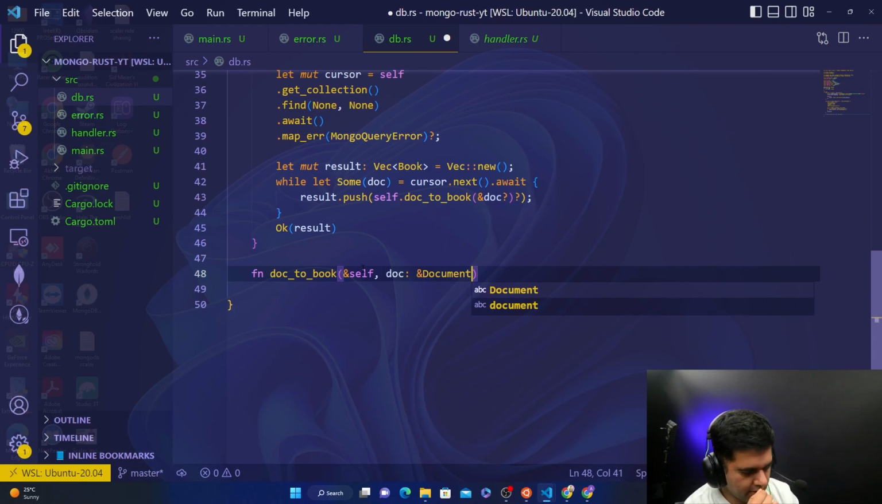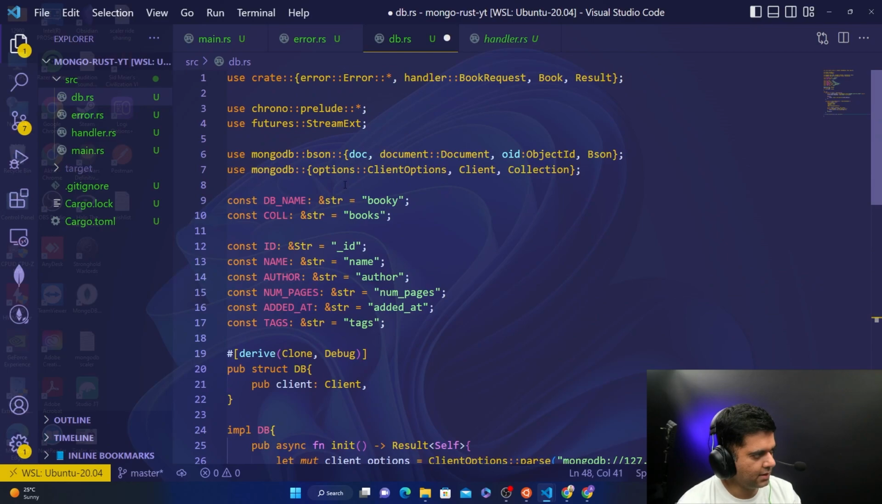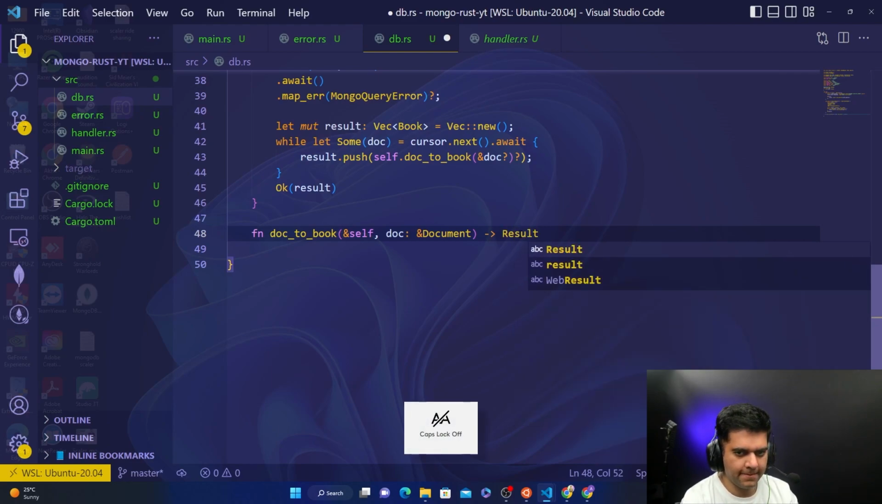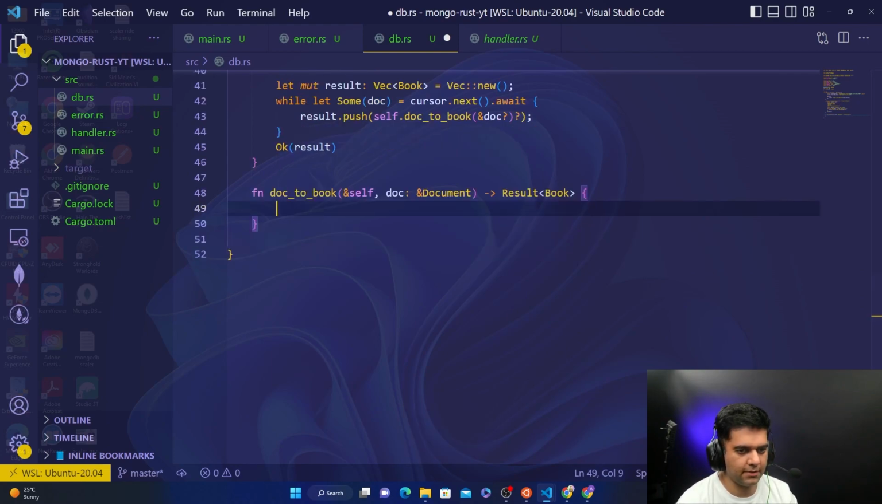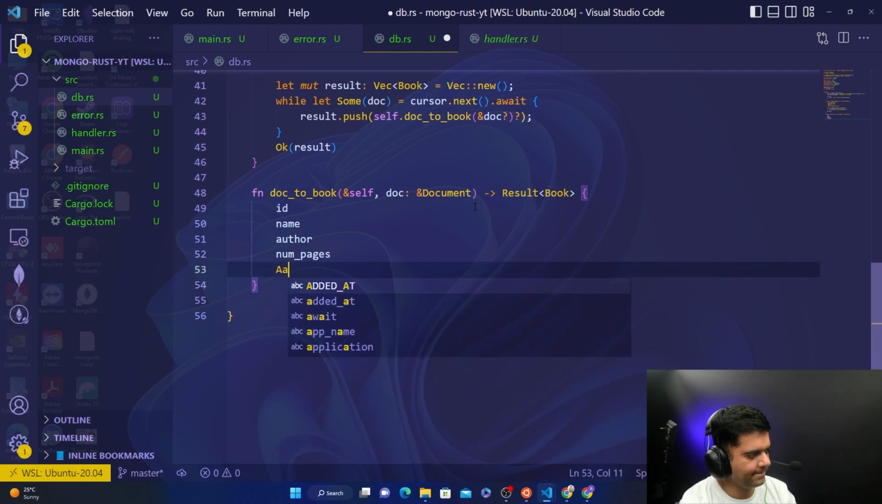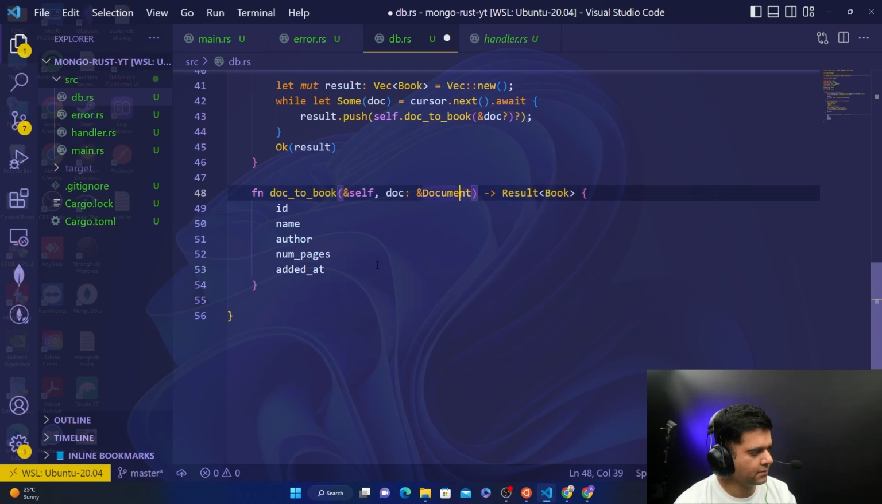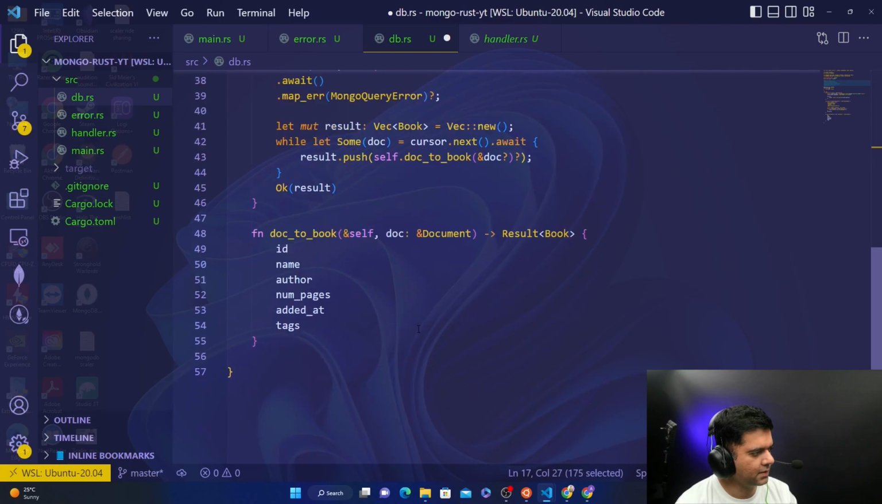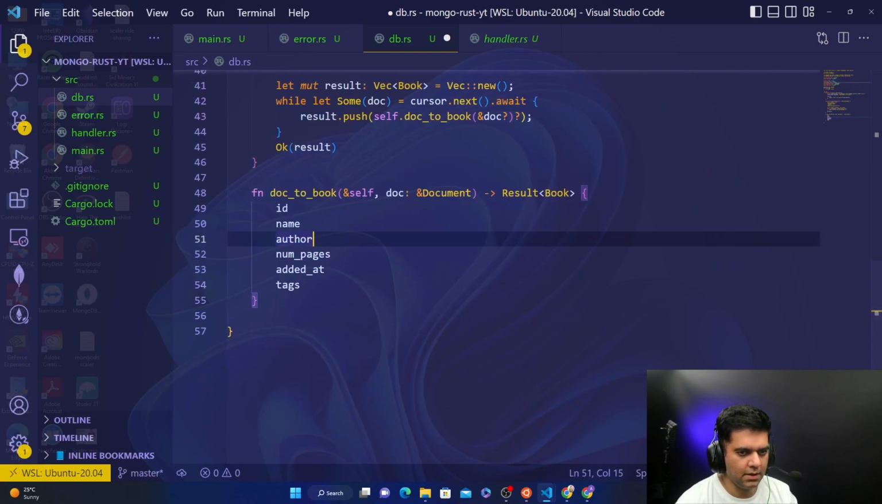Now, this MongoDB package we're using is quite basic, right? So that's why we have to do quite a few things on our own. But in future videos, we'll look at how we can reduce the work on our side. Now here there's a few things, right? First is the ID, then you have the name, the author, the number of pages, you have added underscore at, and you have tags. Okay, so I'm just checking here also. So you have all these things,